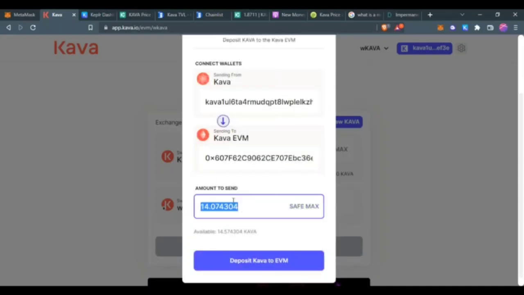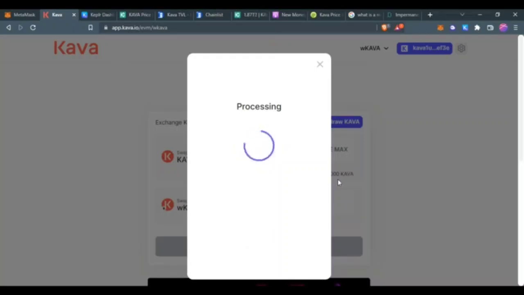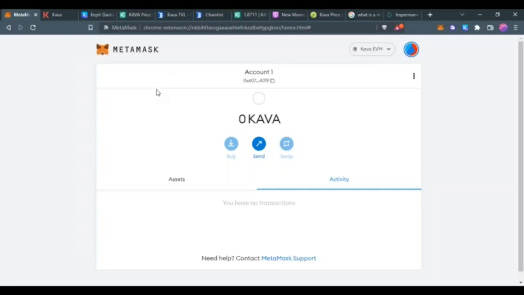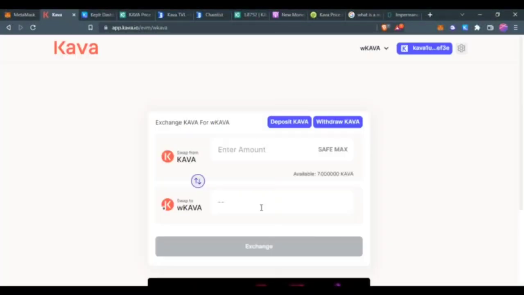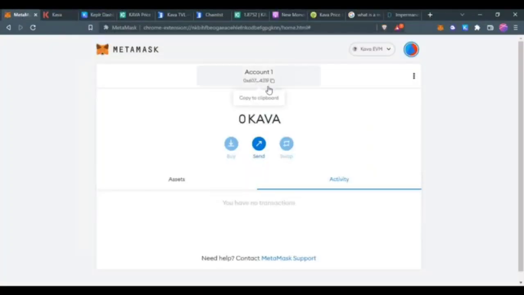Let's do a safe max. Let me see, we got 14. Let's just do 7 Kava. We will deposit these to the EVM or the Ethereum virtual machine aspect of the Kava network, which is over here on MetaMask. So that's been confirmed. So now we'll be waiting. Oh, and there it is. We now have 7 Kava on the Ethereum virtual machine side,